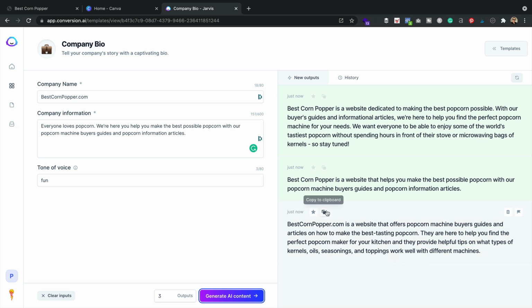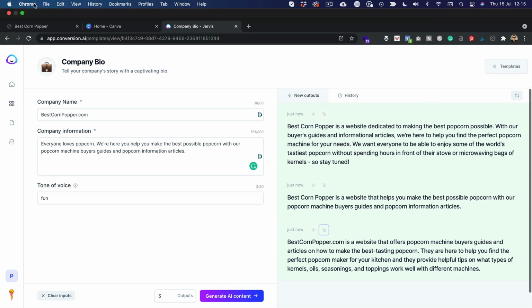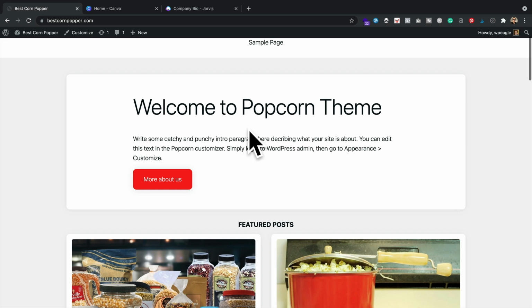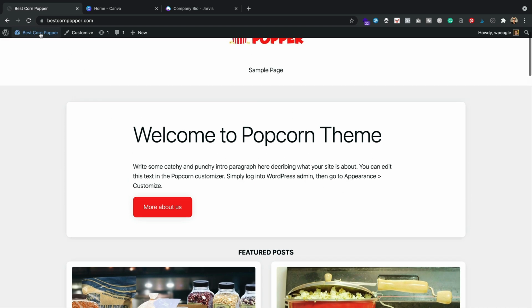I think I'm going to go for this one. Let's copy that. Might need a little bit of editing, but it's fine. Could always generate some more, but we'll go with that. So let's go back to the site, and to change this section, all you need to do is go into